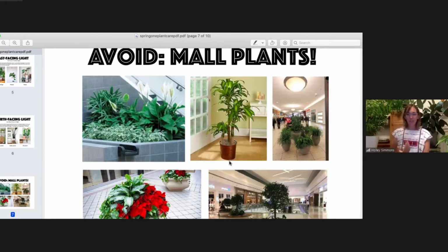So, if you tend to gravitate towards these tried and true plants, I may push you towards a pothos, or I may suggest a ZZ. So this is really just for you to explore the plant world, break outside of your mall plant rut. And in here, some of my not favorite mall plants include calla lilies. This one in the top middle here, I call this an IKEA plant. They stick them right at the exit of IKEA, and at the end of a day, you see this and